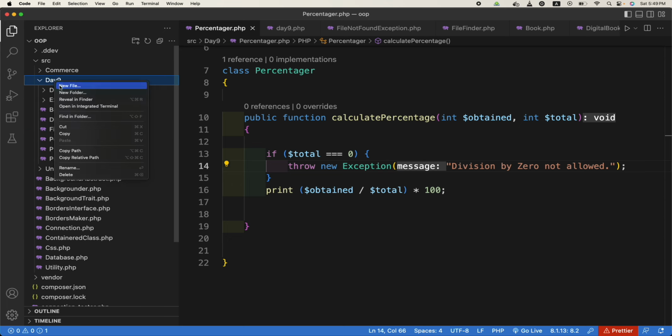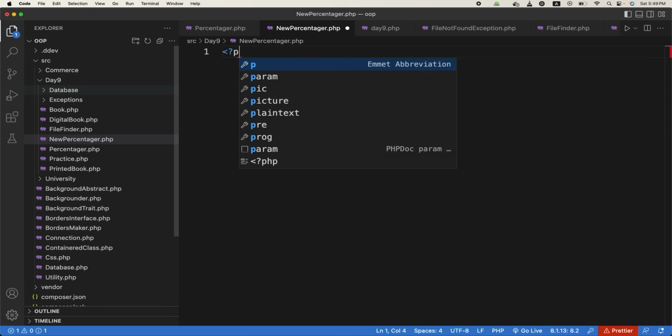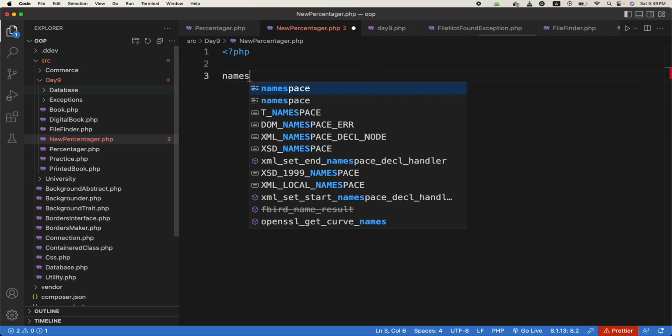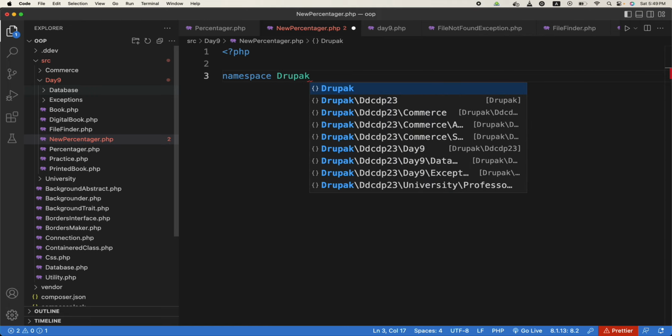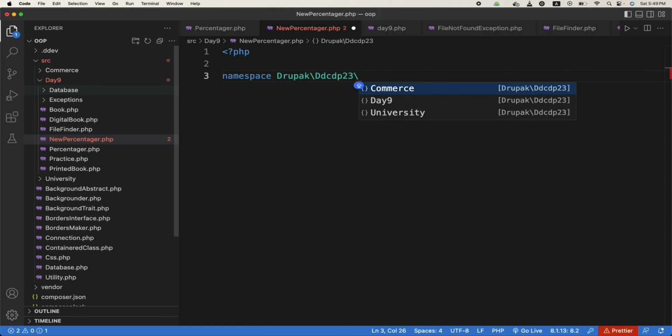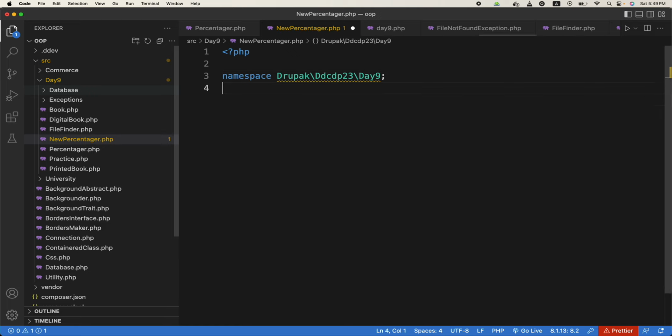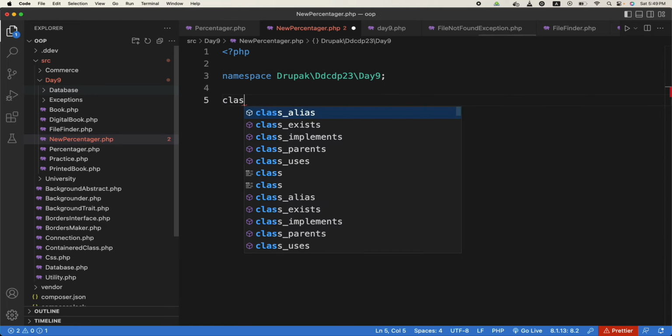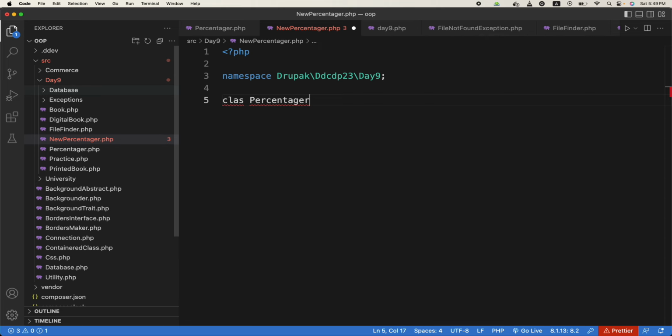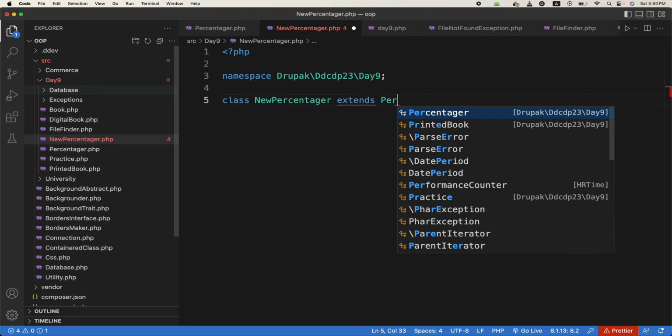We'll call it new percentager.php, and the namespace will be Drupal DDCDP23 day 9, class new percentager extends percentager, and here he defines